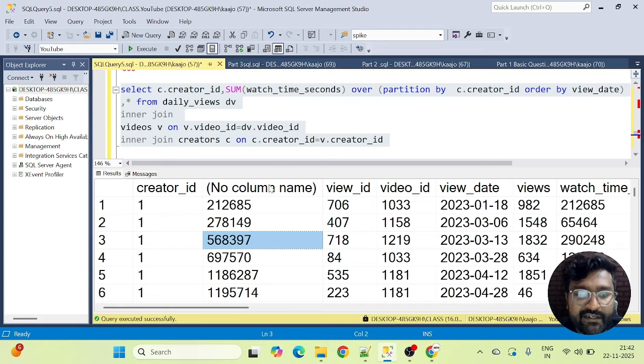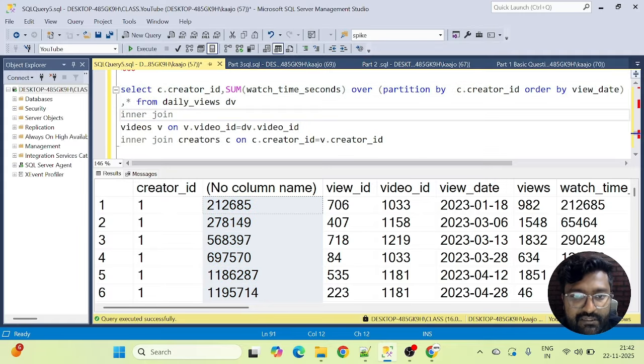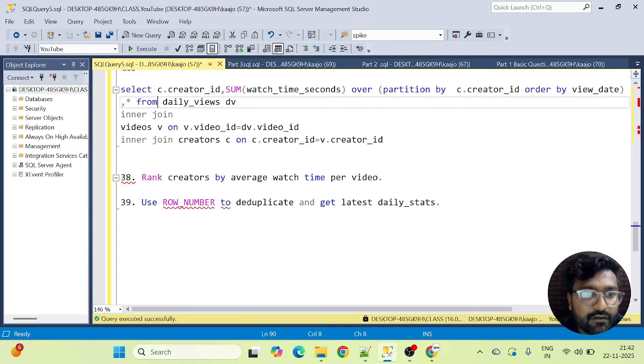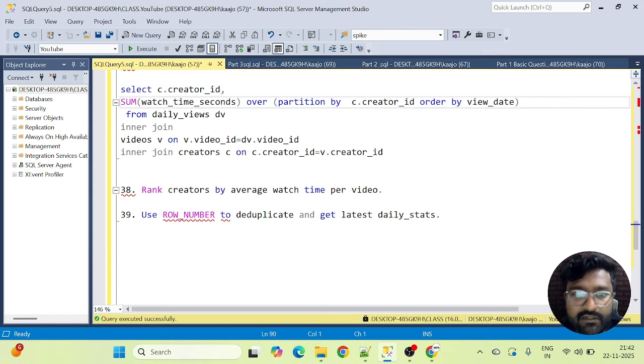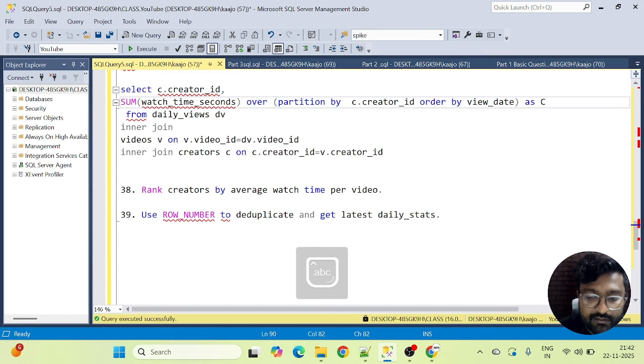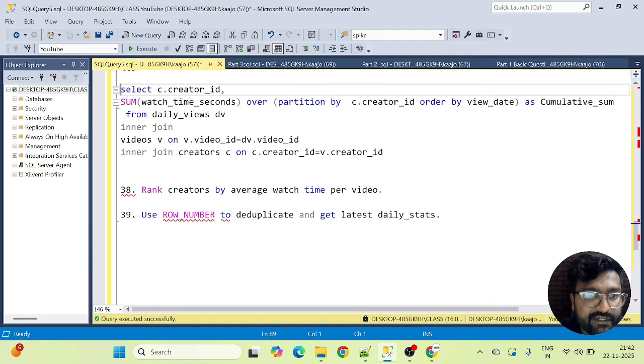So if we want to refine it, we can divide it by 60. We can actually convert this to minutes or hours as per our liking. But this is how you can actually calculate the cumulative sum. So I hope this was clear. We can also remove star here because we don't really need star here, alias it as, let's say, cumulative sum. Let's only take whatever columns we need, for the sake of simplicity.